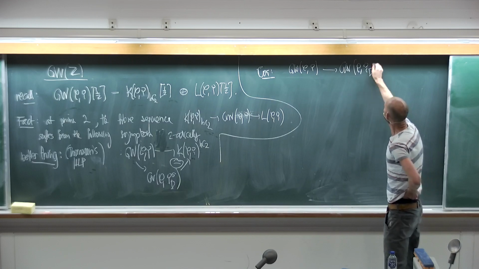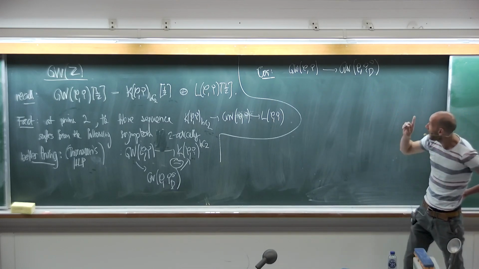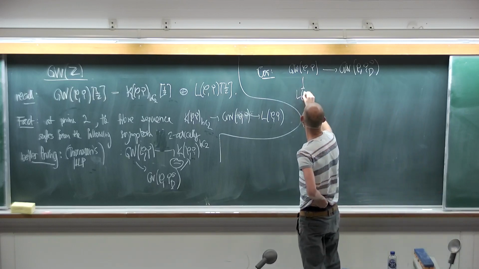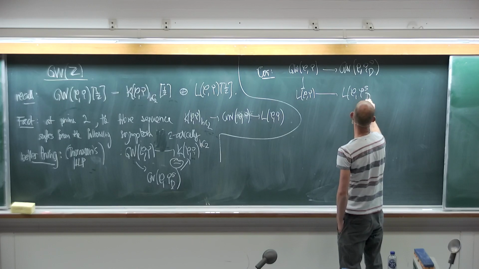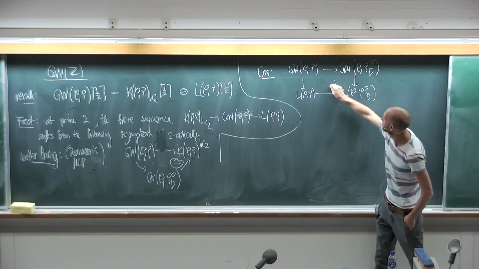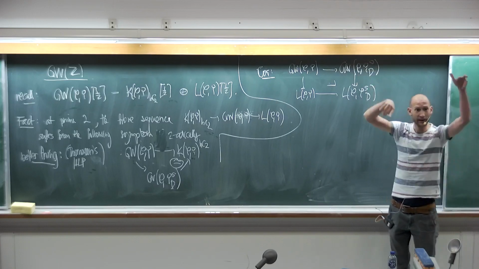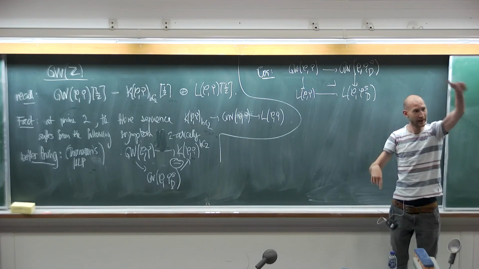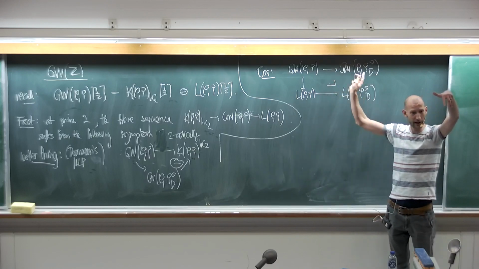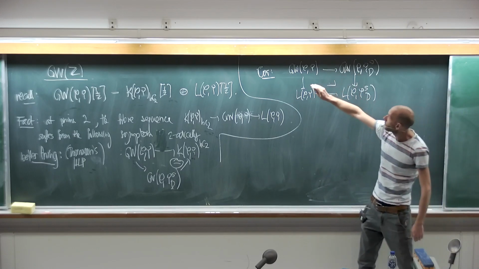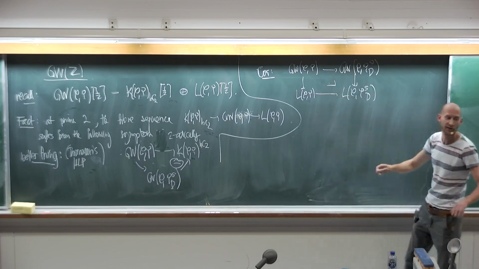And so the statement is, I need to understand the failure of this map to be an isomorphism, but I am in luck because I can compare to L theory. I mean, this I'm allowed to do. And the statement is that this map is a pullback. Why is that? Because the fiber terms are given by K-theory and C2 orbits, but again, the K-theory only sees the duality. So on the duality, these two things are the same, and so I'm allowed to calculate the difference between the Grothendieck Witt theories I care about in terms of L theory,